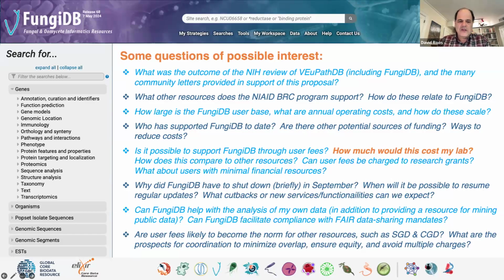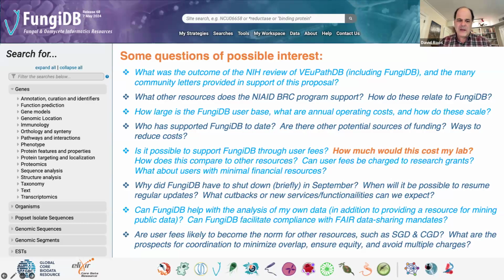The $6 million per year is for the larger VEuPathDB project, which includes roughly 5 times the number of users as FungiDB. But I should say that the cost of maintaining, we benefit tremendously from economies of scale. As you'll appreciate, the pipelines for, let's say, mapping RNA-seq data and the visualization tools and the analytical tools for querying those databases